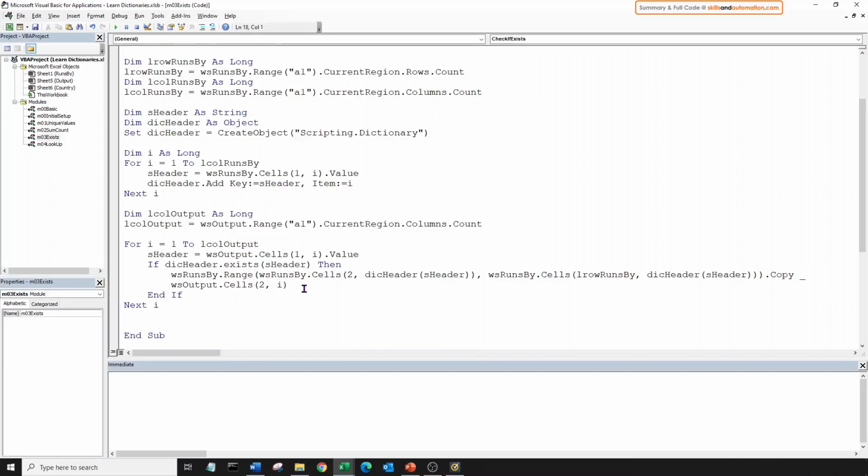Whew, I know what you're thinking. This escalated real fast. But trust me, if you want to build dynamic reports where you want to copy paste data without hard coding column numbers, then this technique is worth the effort.